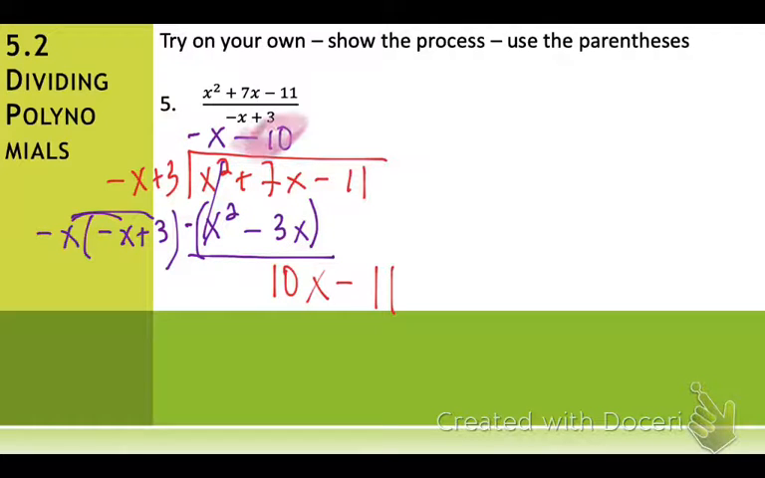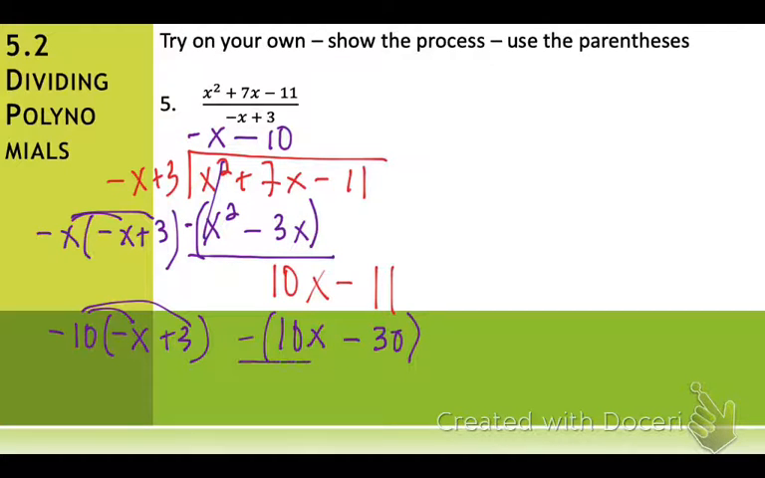So now take the negative 10 and multiply it by this whole thing. Negative 10 times negative x plus 3. Negative 10 times negative x is positive 10x. Negative 10 times 3 is minus 30. Subtract it, cancel. Negative 11 minus negative 30, that's going to turn into plus plus, is going to be positive